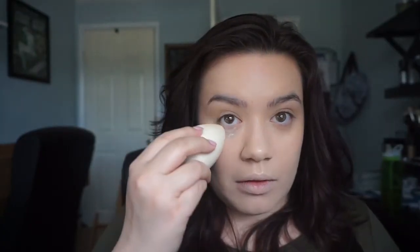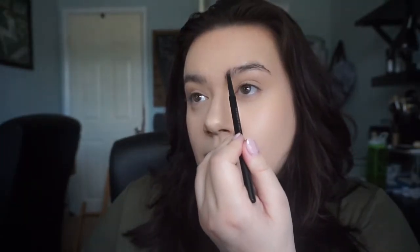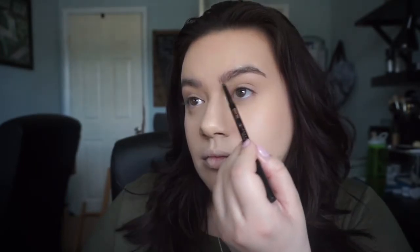Next, I'm going to be taking my trusty damp beauty blender and setting my entire eye area with my Bésame Translucent Brightening Vanilla Rose Powder. This is my fave. Moving on to brows, I have my Anastasia Beverly Hills Brow Wiz pencil in medium brown,